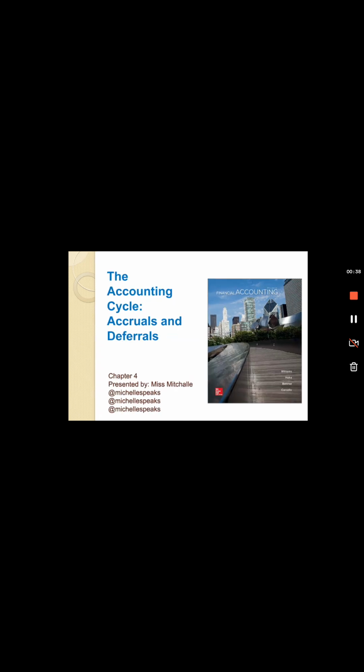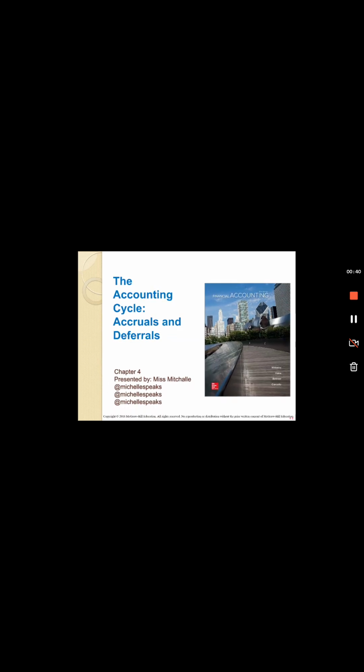Moving on to chapter 3, which is accounting cycle, accruals and deferrals. In this chapter, you will learn that we record revenue when it is earned. For example, when a hairdresser cuts a customer's hair, revenue is earned when the hair is cut and the fee